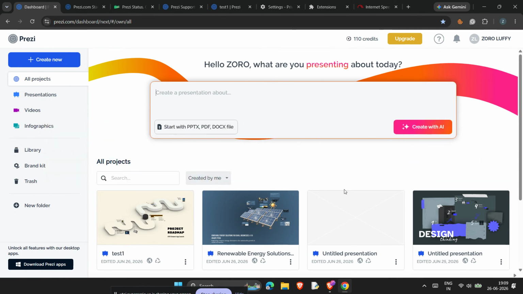First, take a look at your Prezi dashboard thumbnail. Hover over the presentation and see what options appear. If you only see a play button and not an edit button, that usually means you do not have full editing permissions. In other words, your access is probably set to view only. When that happens, Prezi will let you open and watch the presentation, but it will not allow you to make